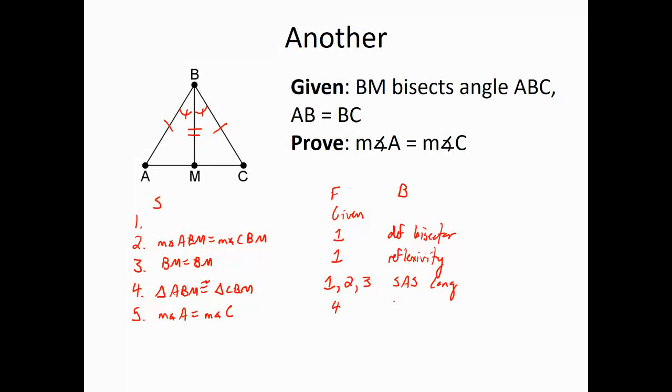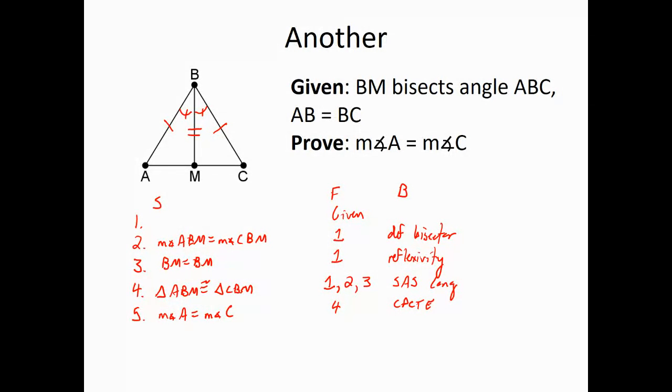So we may then conclude that the measure of A is equal to the measure of C by CPCTE. And this is one of the most common moves that we make in our proofs throughout the entire year. Typically, not always, but typically, when we wish to prove that a pair of angles or a pair of sides are equal, the way that we do this is that we first prove that triangles are congruent, and then we use CPCTE to conclude that a pair of sides or angles are equal to one another. And that's really ultimately the kind of work that triangle congruence does for us. It allows us to go from the equality of certain sides and angles to the equality of other sides and angles. And the way that it allows us to do this is that we first conclude that triangles are congruent, and